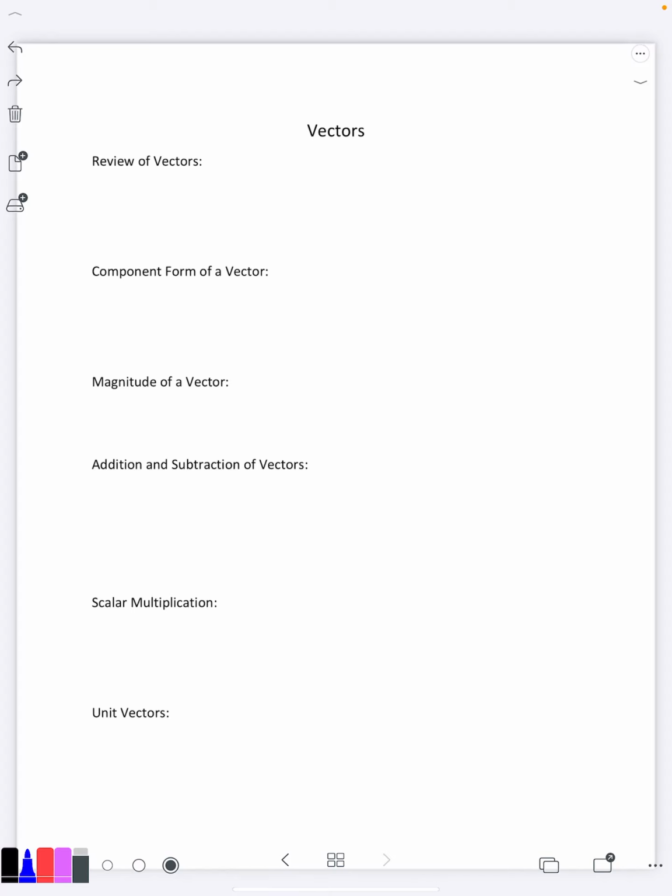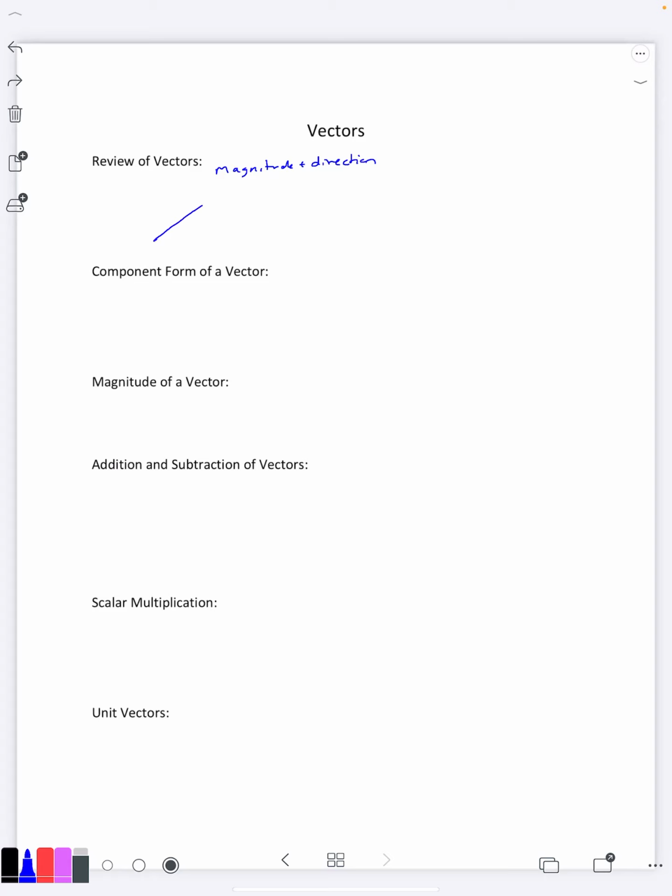In this video, we're going to learn more about vectors. First, let's talk about vectors as we saw them in an earlier video. The idea of a vector was something that had magnitude and direction. And we didn't really do a whole lot with them at that point in time, but we'd say if you